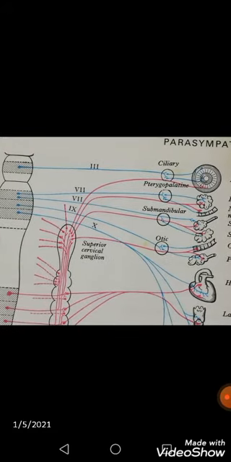What I want to tell you is that the four small ganglia are associated with the branches of the fifth cranial nerve, which is the trigeminal nerve. Next, they receive the preganglionic fibers from either the third, seventh, or ninth cranial nerve, which are the oculomotor, facial, or glossopharyngeal. The cells they contain give rise to the postganglionic nerve fibers.